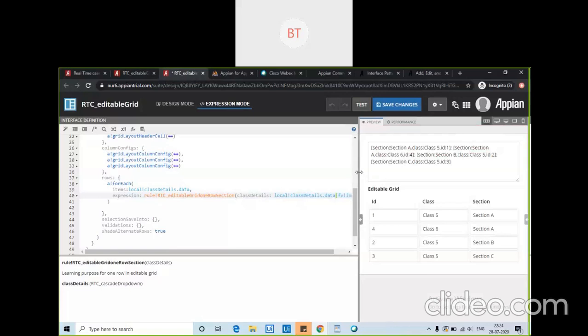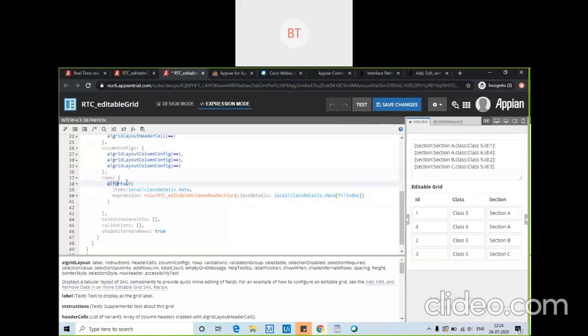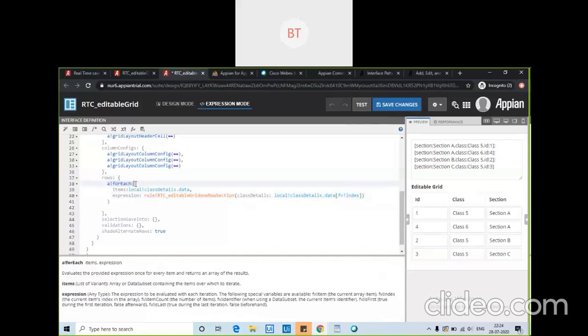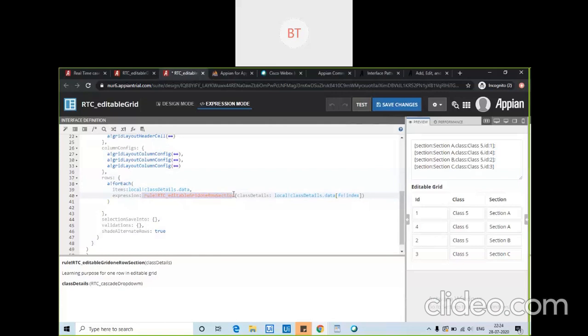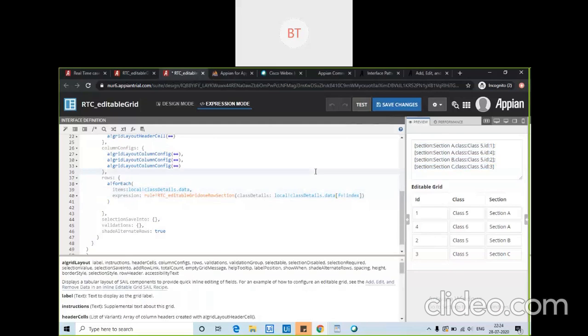So see, what we have done is, first of all, this rows part, this for each part is for looping, to calculate how many rows we need to print. So this is what in items we are giving, where you need to iterate this one row. So there are 4 arrays you need to iterate. So 4 times you need to print the row. That is the thing.